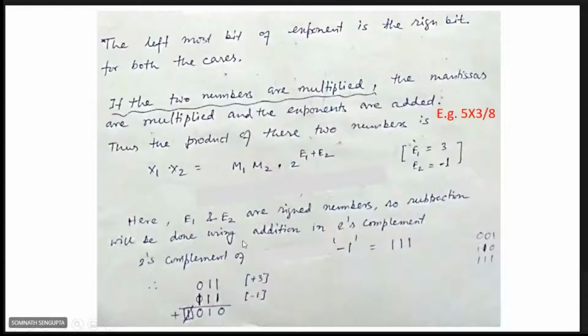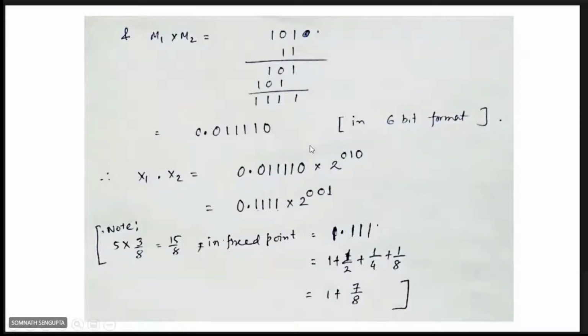In 2's complement it represents plus 2. Okay, a positive number indeed. 010 is the sign bit and 10 is the magnitude. So this is the exponent part. Then for multiplication of these two numbers, the mantissas will be multiplied. So you see that after multiplication the mantissa becomes